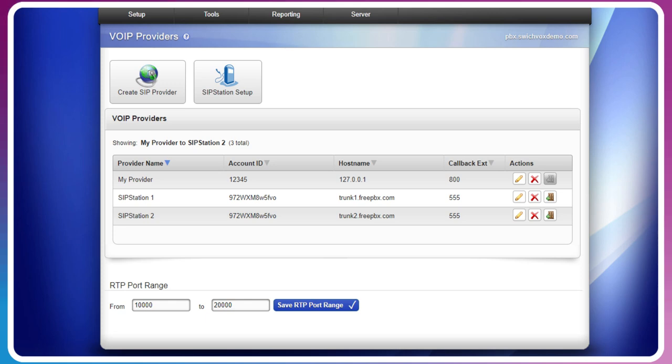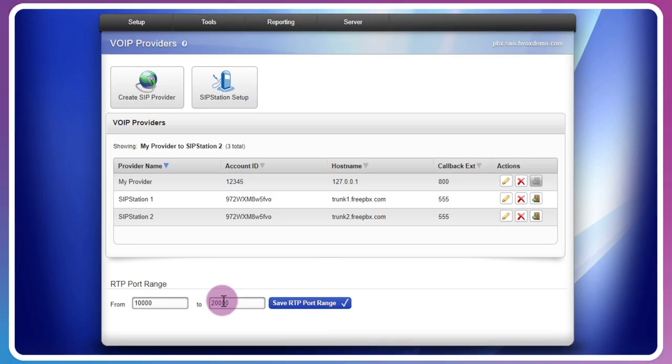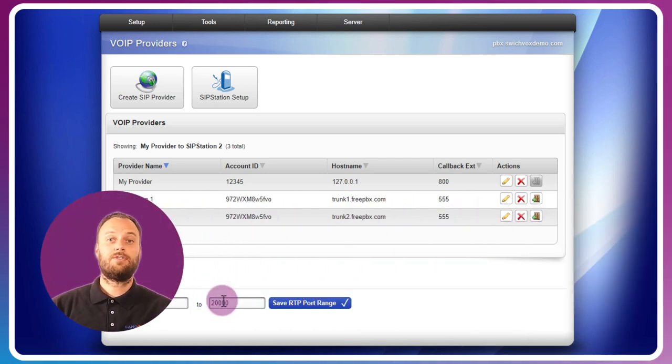As a final note, remember to open up RTP port ranges 10,000 to 20,000 UDP to allow media traffic in and out of your Switchvox device through the network. You're also going to need to open up port 5060 UDP for the SIP communication traffic, also 5060 for TCP if you're using TCP, and 5061 TCP for TLS. You can, however, change the RTP range if needed by your provider or if it's just a requirement based on your network design.